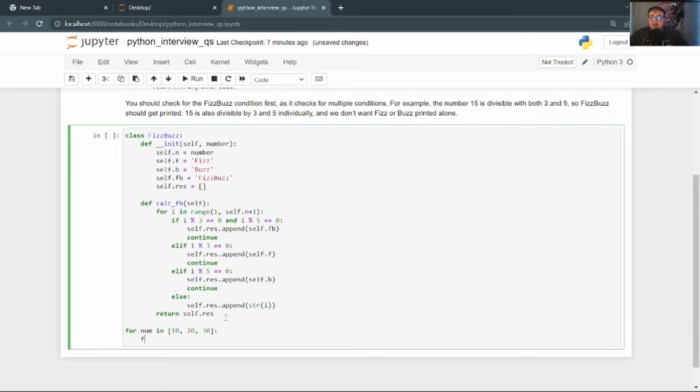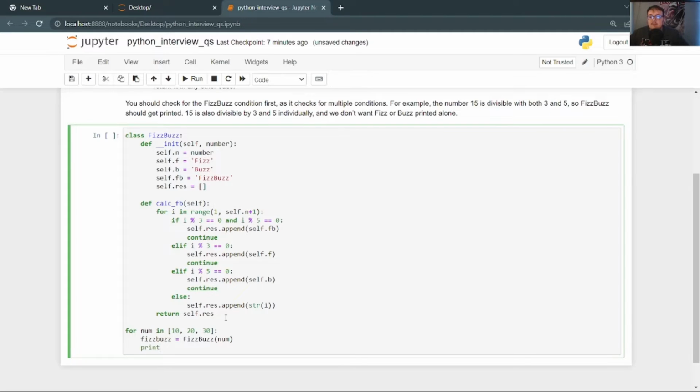Okay, and then we're gonna instantiate the object and the class and call this FizzBuzz, and we're gonna pass in num, and then we're gonna print f calc FizzBuzz for, and then we're gonna check the number for which it's being calculated by, and then return the result, which we call FizzBuzz.calc_FB, and then we want to make sure we call the function, we close it, and then we should be able to run it.